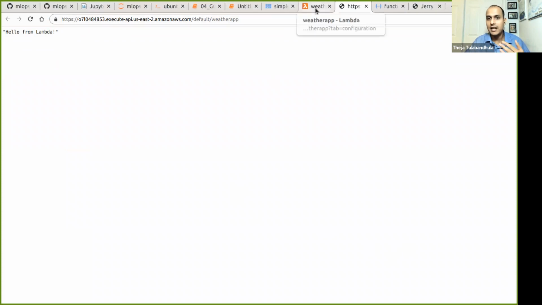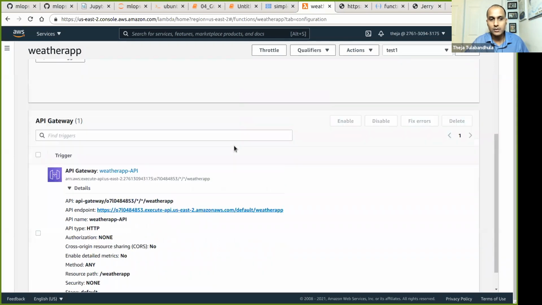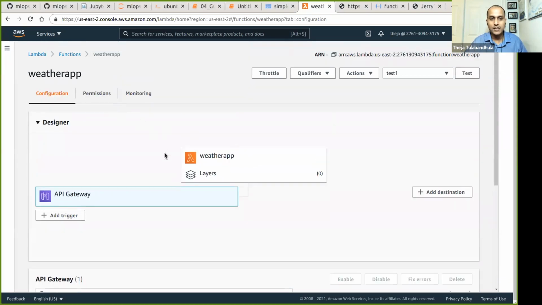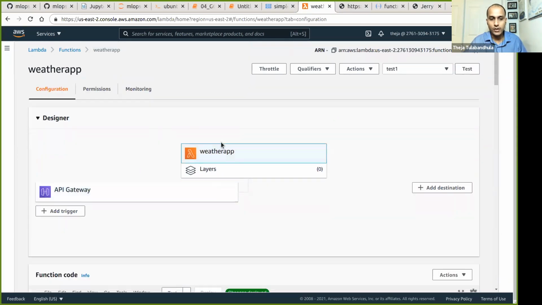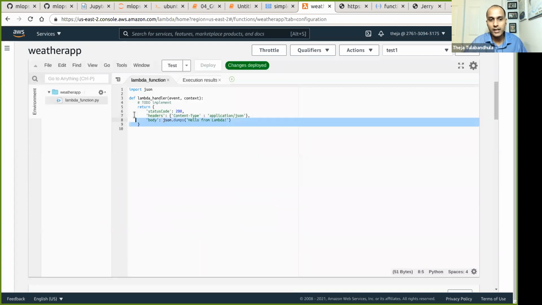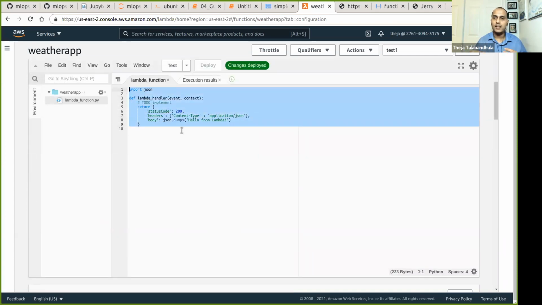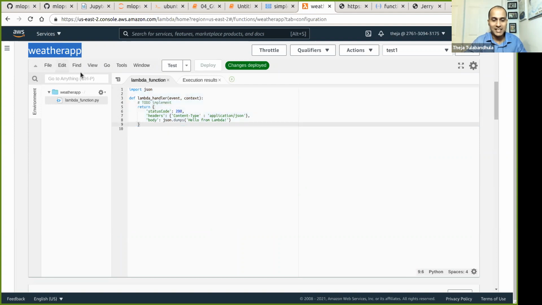Now that we have the basic infrastructure for Lambda set up, what we need to work with is to somehow go into this code base and figure out how to make this serve models, for example, model predictions. I chose the wrong name, weather app, but let's just use weather app because that's what was demonstrated in the notes in addition to the model.